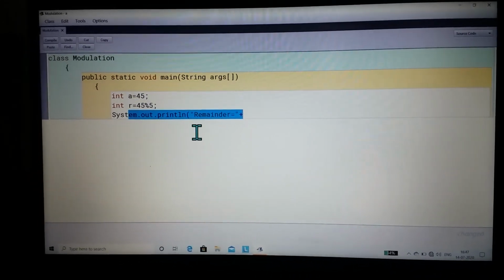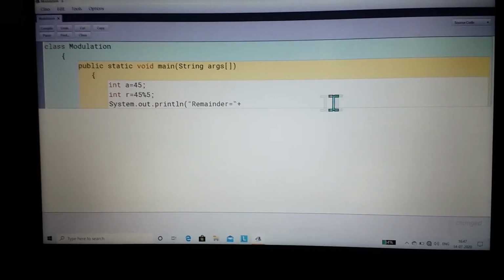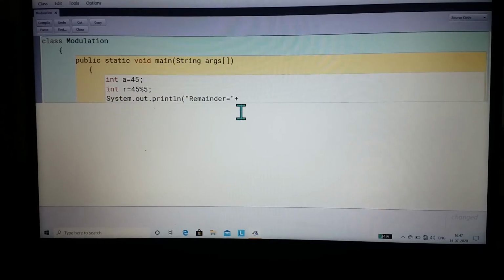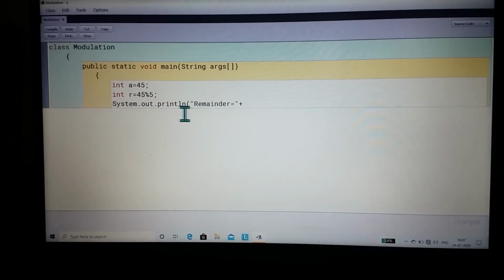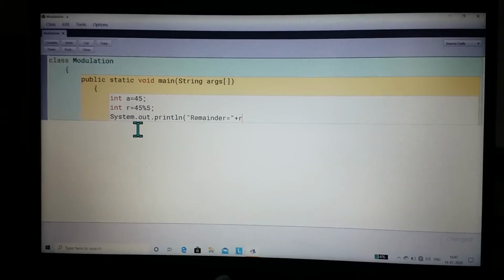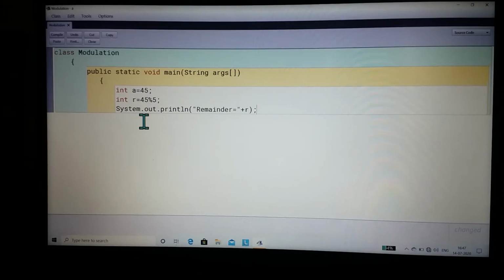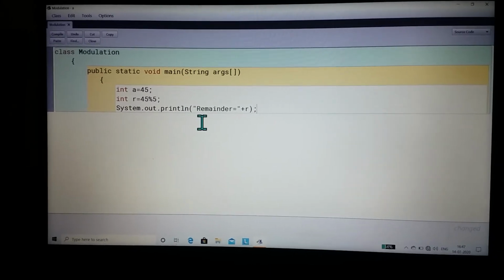So I have to connect the value of remainder with this variable r. So I am writing remainder equals to plus. This is not the addition sign, but to connect remainder with r. Then closing this small bracket, semicolon, enter. Now program is over.